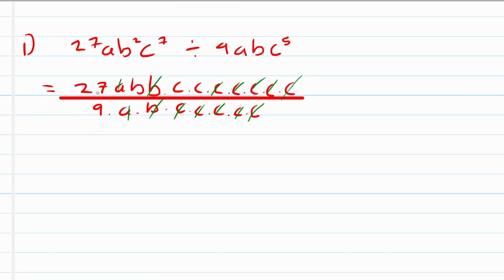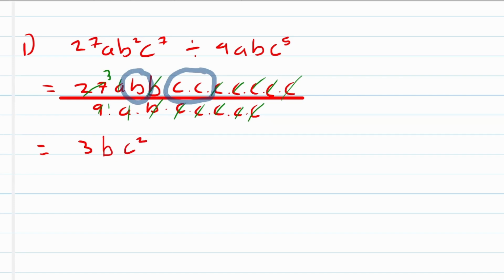Now let's look at the coefficients. 9 goes into 27 3 times and into itself once. So 27 divided by 9 is equal to 3. So you have 3, and what remains here? Just use my pen. There's a b remaining and c times c. So that means then 3bc